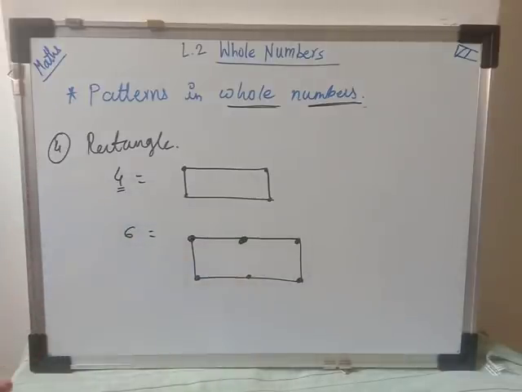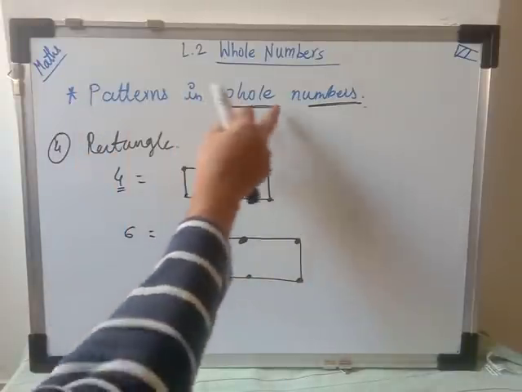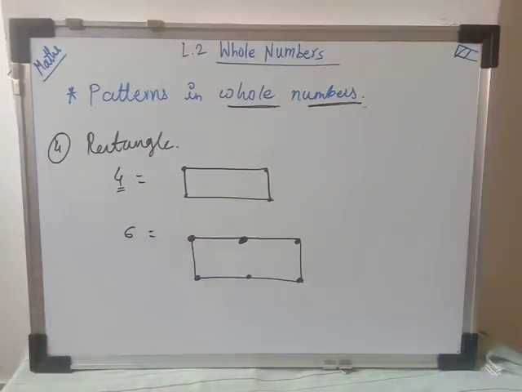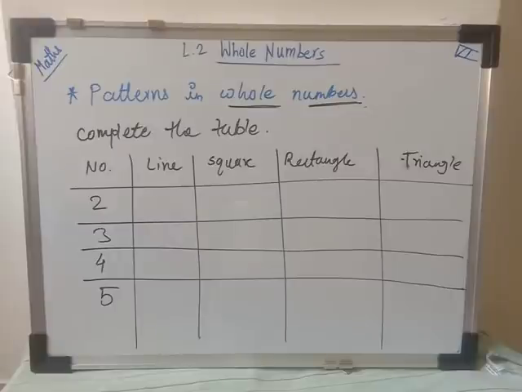Okay, so we have learned here how we can use dots to make up patterns of whole numbers for the elementary shapes. Now let's see number patterns. In the previous standard you have learned different number patterns. Now let's see why these patterns of whole numbers are important, and why it is important when you are learning number patterns. So here we are going to complete the table, and this table is on page number 42.